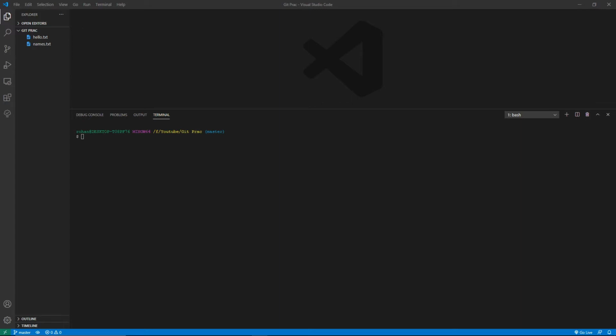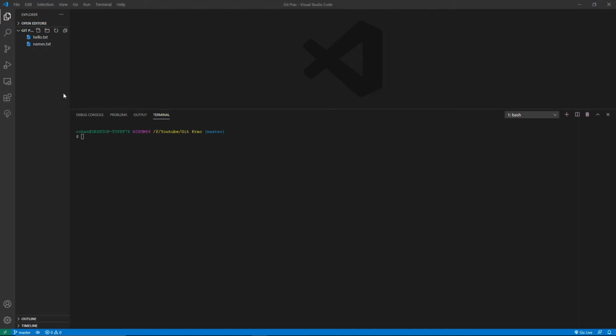Today we are gonna look at a very important and interesting topic in Git, that is Git ignore. So there are certain instances where you don't want to push certain files or folders to the Git repository and you want to ignore them, such as you have written a script in your folder and you want to do certain things but you don't want to push that script to the Git repository. Or suppose you're building an Android app and there are APK files generated in your folder and you don't want to push that, or a build file in a React app or node modules in a Node.js app.